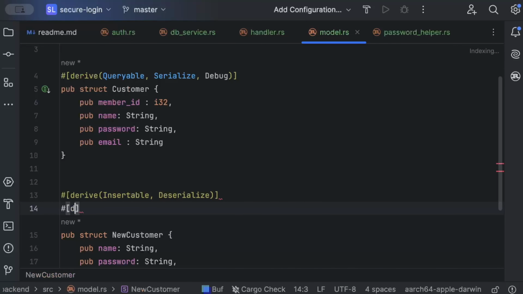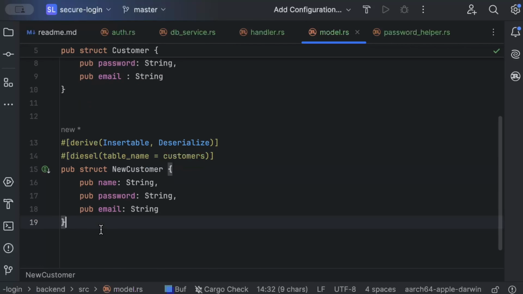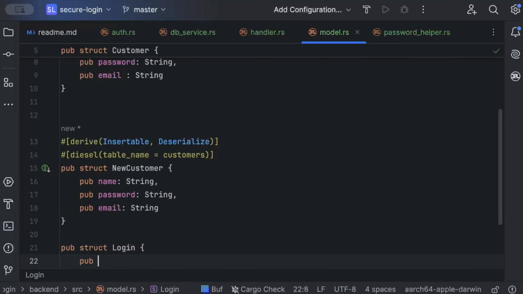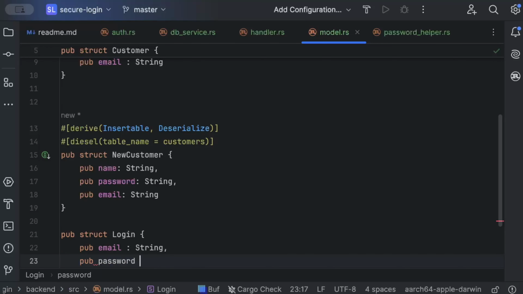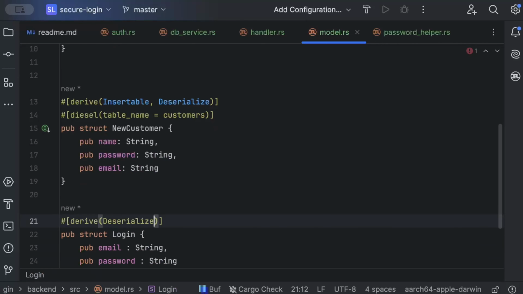Then we'll add diesel table_name as customers. Make sure this is the same as the table name that we are using in our DB. And we have the diesel table name, and then we'll add a payload for login. So pub email as String and pub password as String. So derive Deserialize,